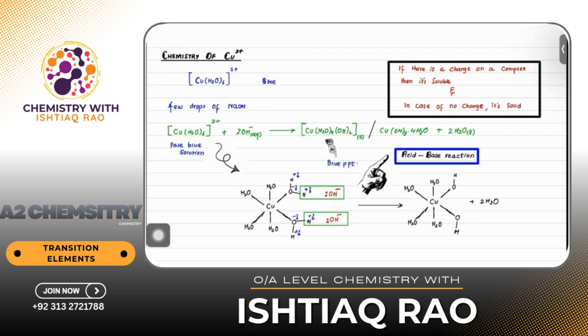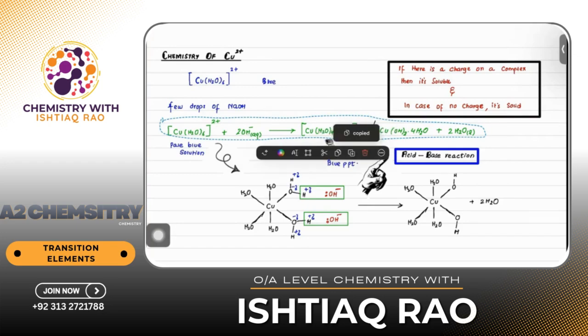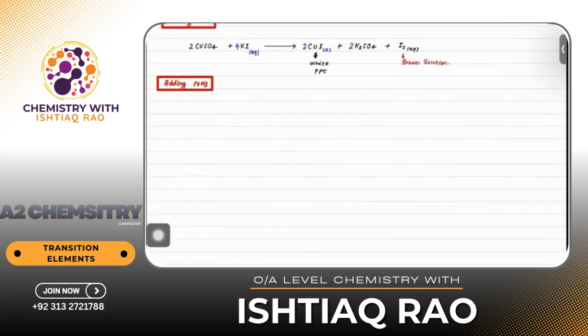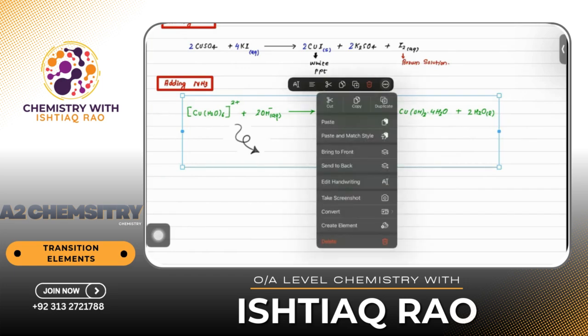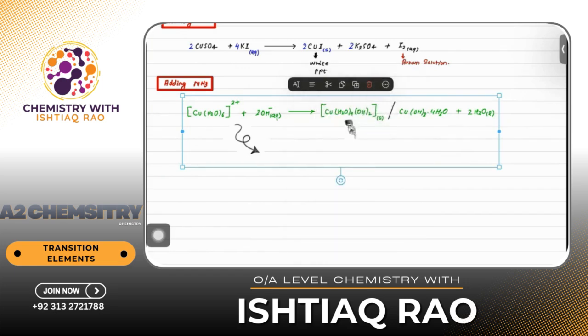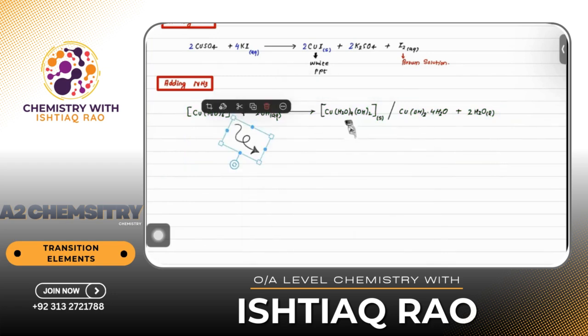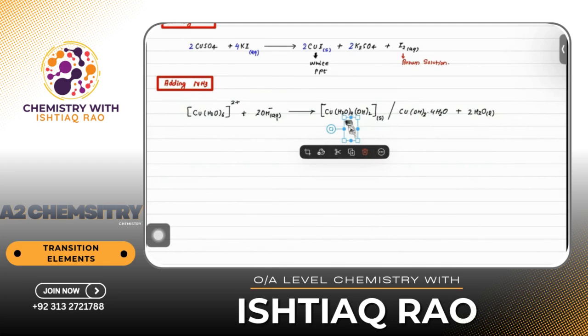I'm saving your time. Same reaction, because this is also a base. Sodium hydroxide is also a base. So the reaction would be the same. Everything is the same, but I can write